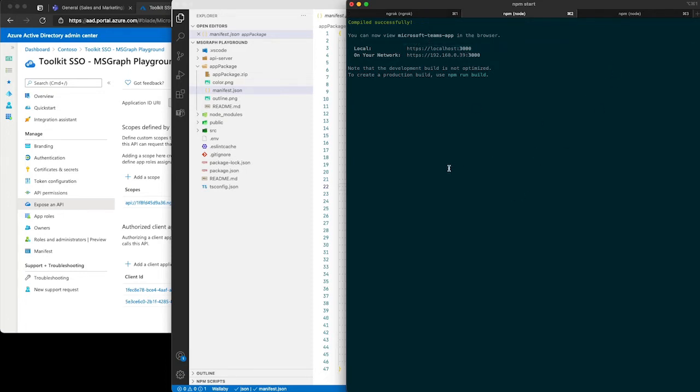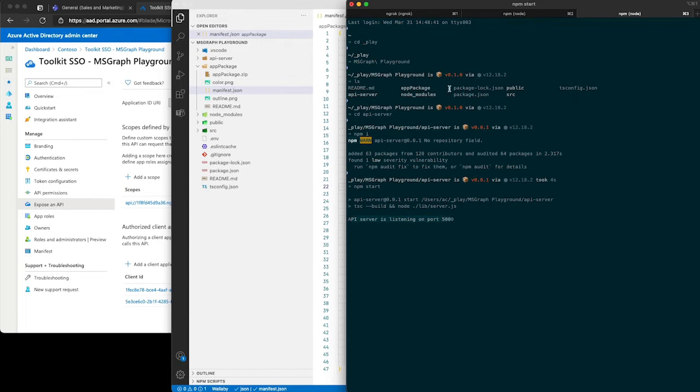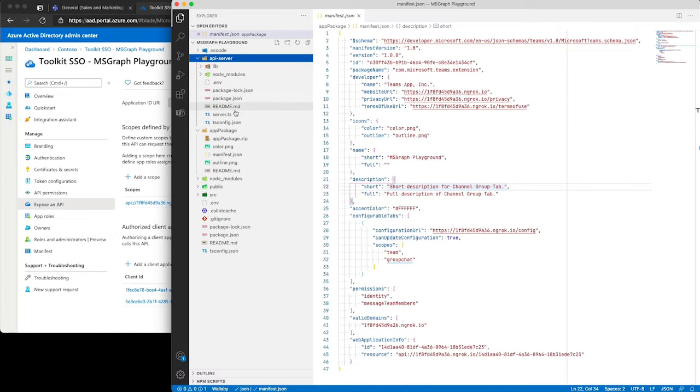Now, why do I have two projects here? Well, the way that the project is set up here is this web project that's created that we ran at the root of our project. This is a Create React app. And so our web server is actually running here on port 3000. The API server part of our project, which is what's running over here in this tab under the /API server, is going to be used to go fetch an access token from Azure AD and also make calls to Microsoft Graph, or to go get the access token and exchange it, as we talked about in the slides, to be able to get data back from